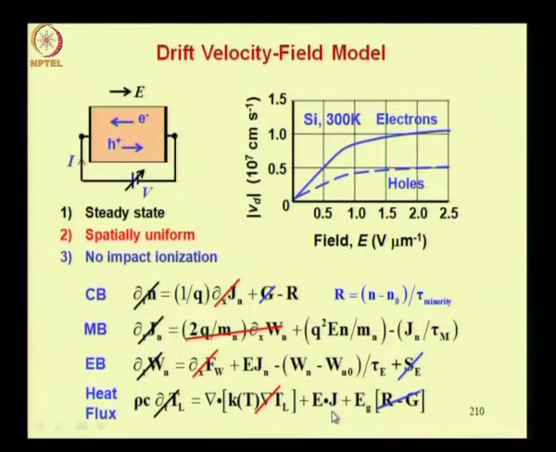Now what has happened is, we have not taken into account in this equation the rate at which heat is lost by the semiconductor to the surroundings. The equation that we have written down here talks about the sources or sinks of heat within the semiconductor. So that is not sufficient, we need to have a sink term here, otherwise there will be inconsistency. So that is the sink term. However, in practice we are not going to use this heat flux equation, so we will not concern ourselves with the sink term here.